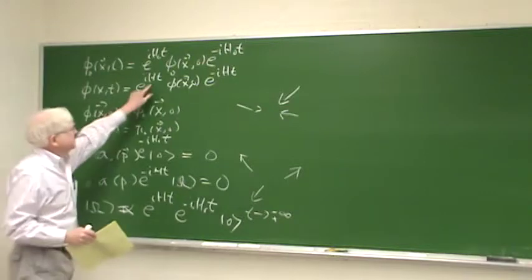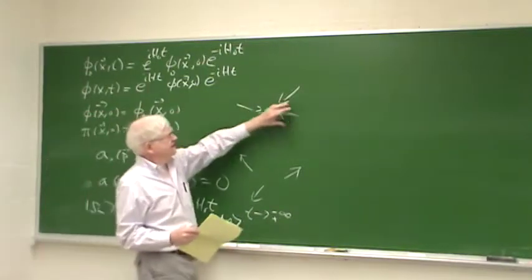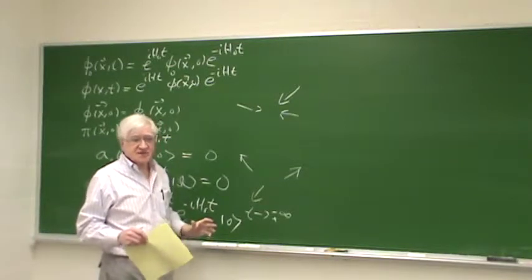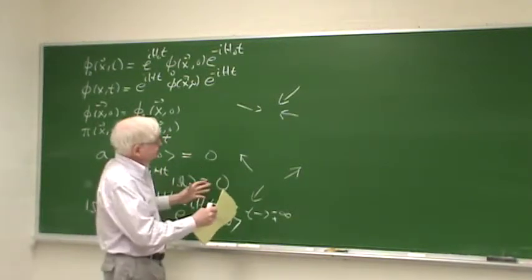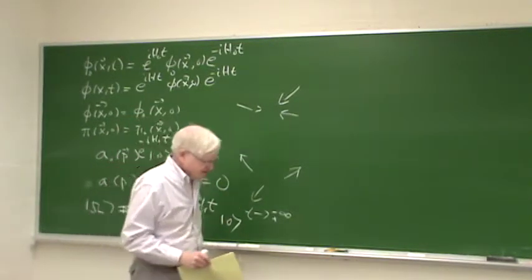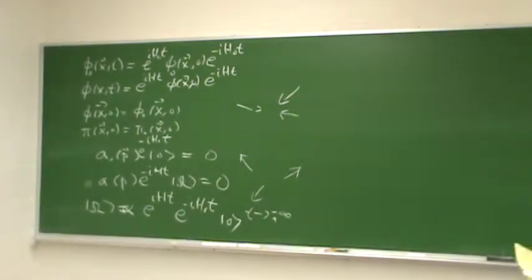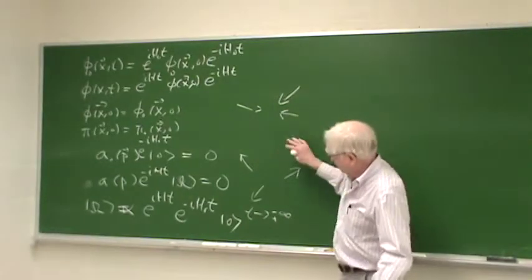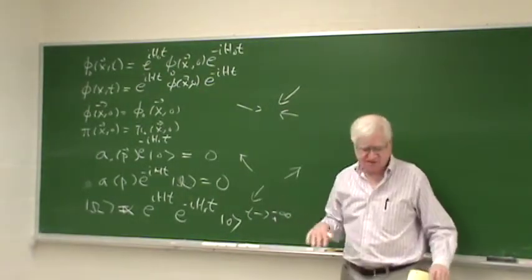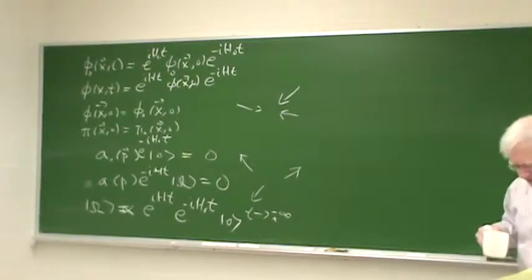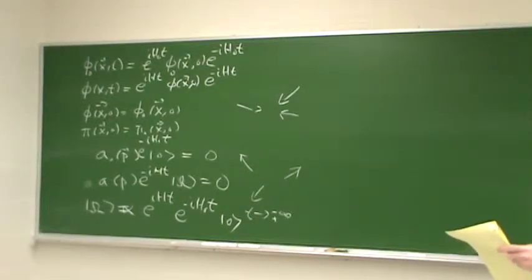But if we're talking about the interacting theory, we need to surround these particles with wave packets so that the wave packets restrict the particles to areas. Before and after the collision, they restrict the particles to areas of space that are far from each other, and so they're not actually interacting.